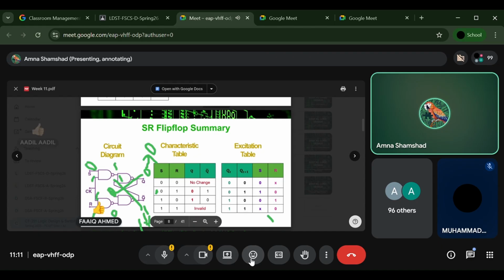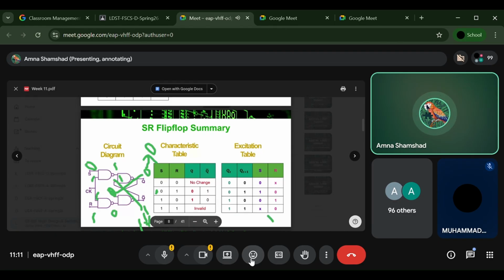Okay, so you can quickly verify it for 1 0, starting with the 0 and 1. With the 1 1, if we are applying 1 here and 0 here, then what will happen? Do you have the output as 1 0? How many of you have the answer 1 0 on applying SR?